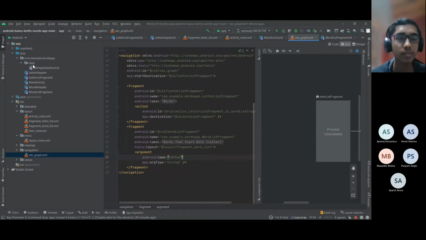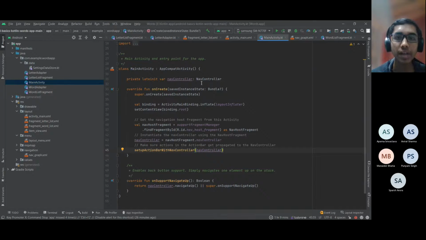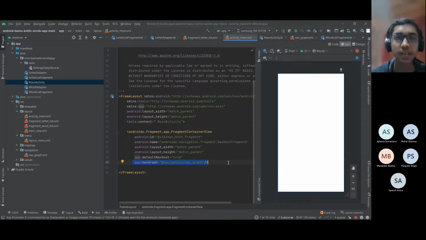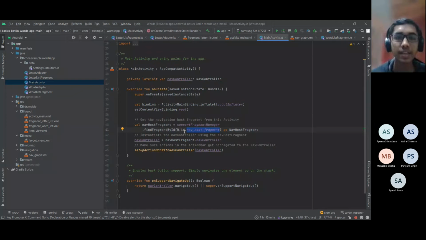After that, let's just check the main activity. In your main activity, we have declared a nav controller, and before that we get the nav host fragment. All right, so what this line does is that it gets R.id.nav_host_fragment. This fragment we have declared in our XML layout file for main activity, saying that its id is nav host fragment, and the width and height is so and so, and the nav graph is also specified. So here we say get the nav host fragment using this ID, and then afterwards, from the nav host fragment, we get the nav controller.